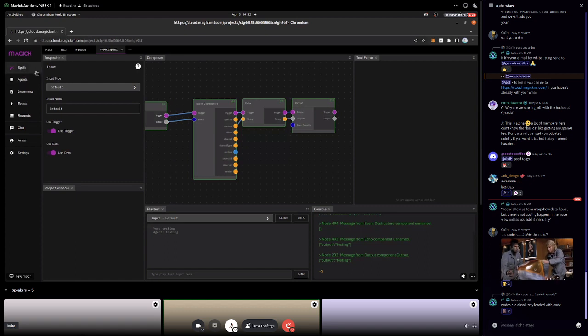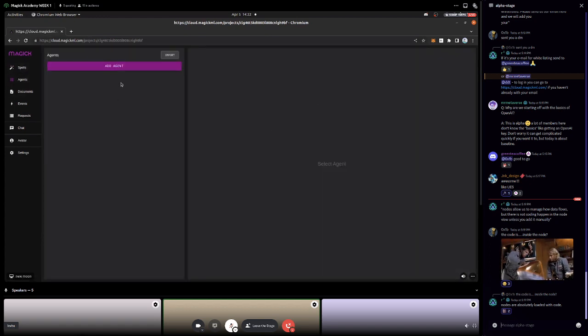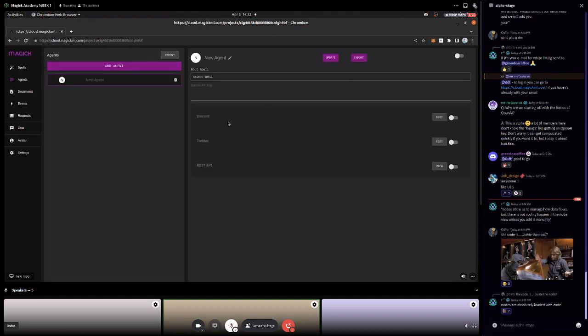So after spells, we have agents. You've created a spell that does something, and you want that spell to run forever. Every time somebody messages the bot on Discord, you want it to do something. So the agent is the actual object that stays alive, sticks around, and runs.